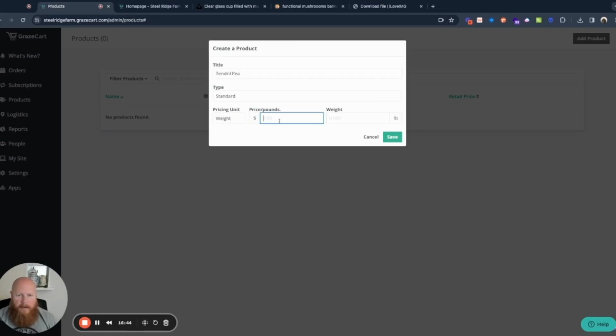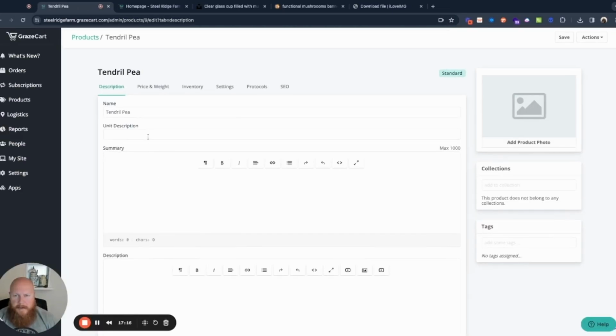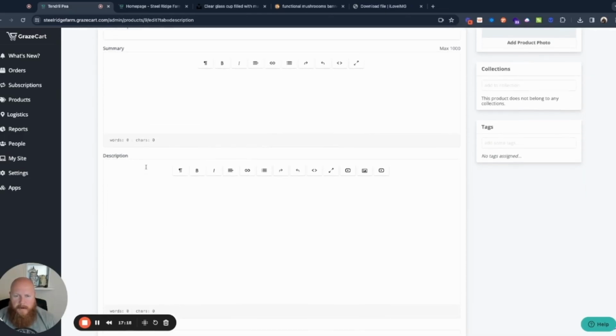We sell all of our microgreens by the ounce. I want to put in, and it's $4 an ounce, so an ounce would be essentially 1/16 of a pound. So we want to put 0.063 pounds in there. All right, so I'm going to skip unit description and summary for now,